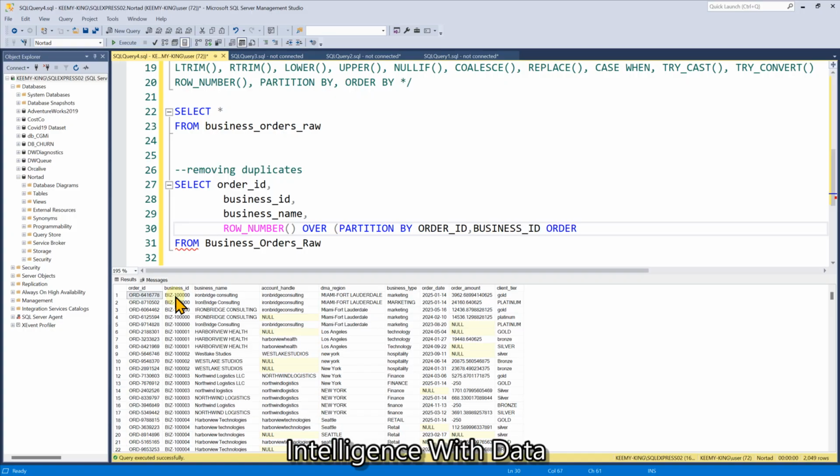And when we have that row number partitioned by these two, we want to order it by the order ID. You can either order it ascending or descending, but if you don't write ascending and leave it like this, it's still going to order it in ascending order, starting from 1, 2, 3. So this is a column, and I'm going to give it an alias as row number. Now, if we run this,